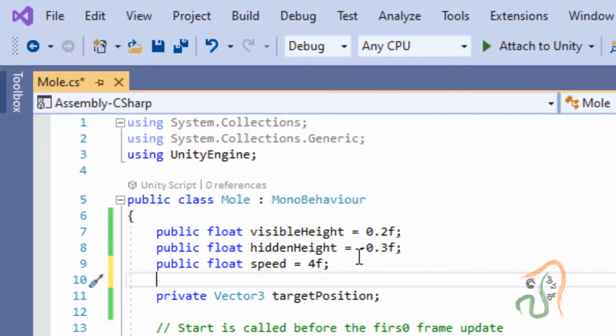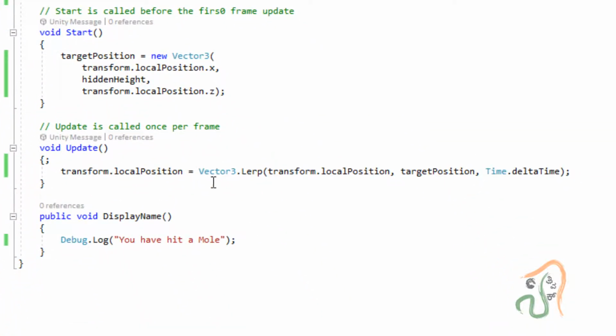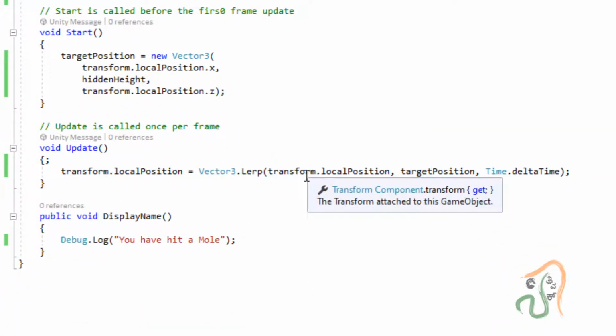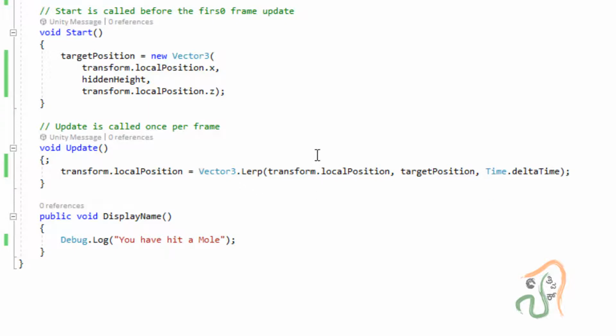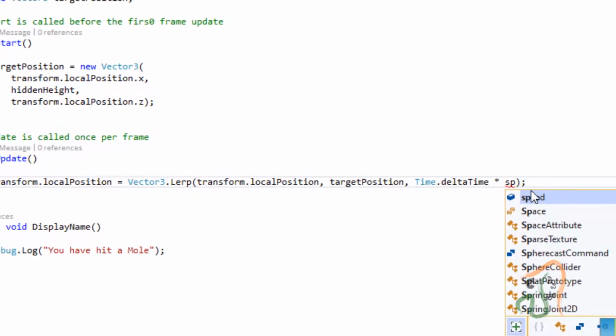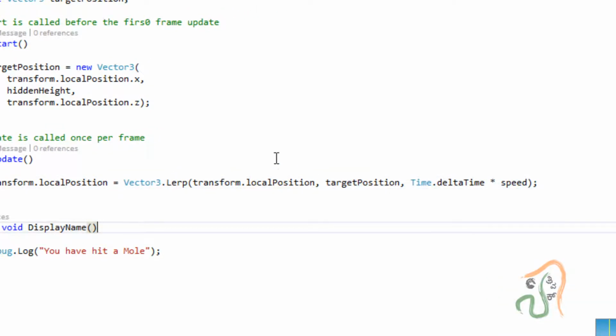So we have declared a new variable here. So let us leave a line gap here. So public float speed, we have declared a new variable. Now come back here in the update line, and we had mentioned in Vector3.Lerp we added the initial position and end position, and then we had set the speed to Time.deltaTime. Now after this Time.deltaTime, press space and multiply this value by the new variable speed. So by changing the speed value, we can control the speed here.